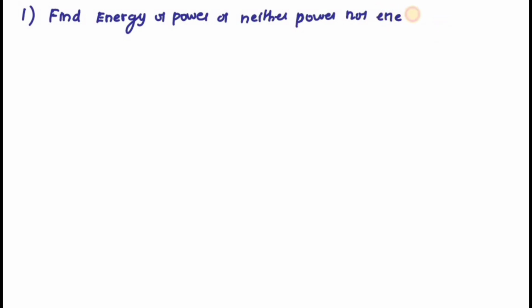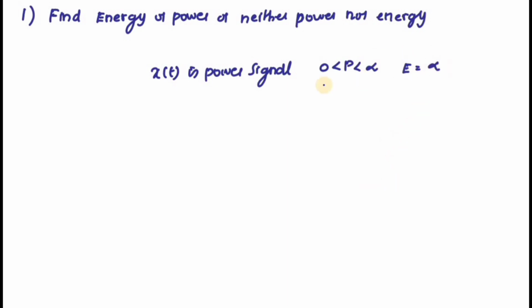So what is the formula for if x of t is a power signal? This power signal means the power must be greater than 0 and less than infinity. If that is the case, the energy must be equal to infinity. For x of t or x of n to be an energy signal,